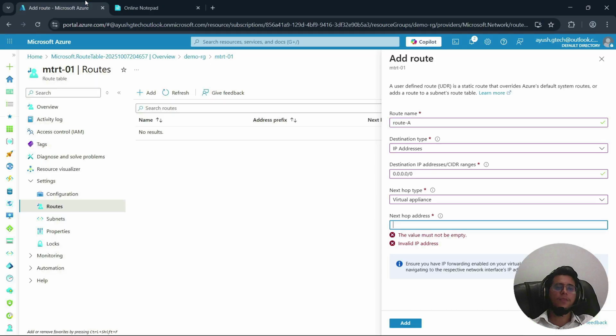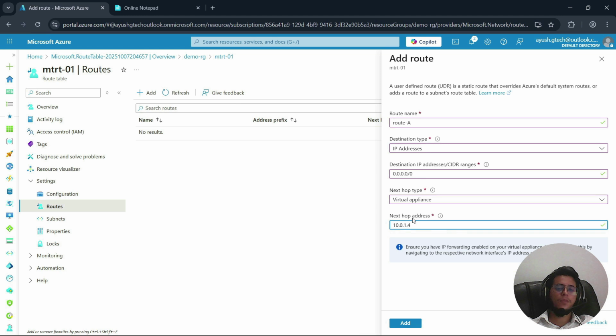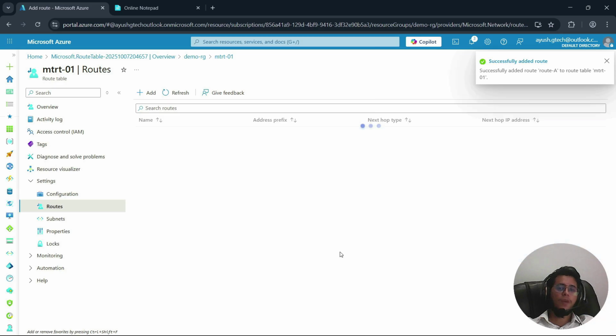This is the reason why we have to first create the Azure Firewall subnet in the virtual network. Then we can go ahead and deploy the Azure Firewall. Now here you can see I'm done with this one. I'm adding this route. Now, finally, all these steps are completed. It's time to test our configuration.